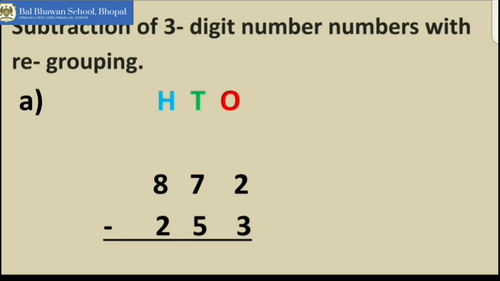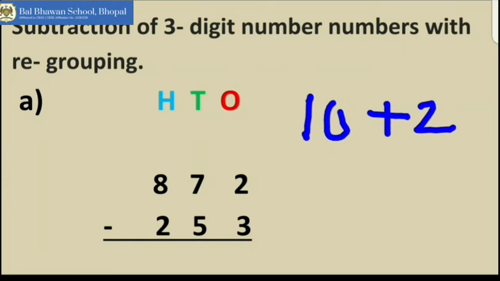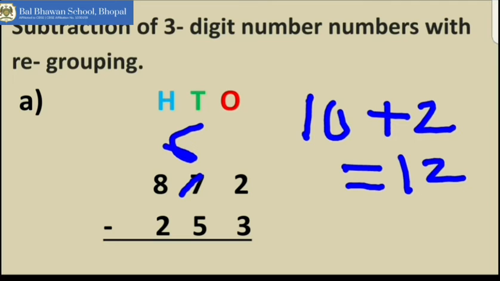So again, children, this 7 will give 1 ten and then it will become 10 ones plus 2, because as we have already revised, 1 ten is equal to 10 ones. So 10 plus 2 is 12, and this 7 has given 1 ten, so it will be reduced by 1, that is it will become 6 because it has given. So it will be decreased by 1 and it will be 6, and this 2 has got 1 ten, that is 10 ones, so 10 plus 2 will be 12. Children, now here it is 12.